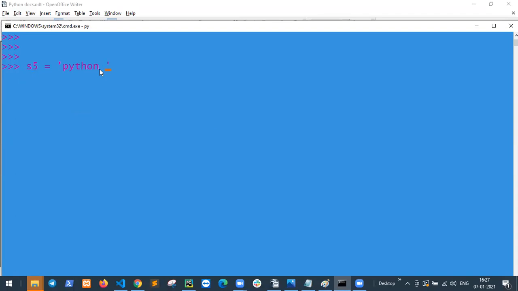Python is a very simple language. Print, this is the len function. So print len of s5. This is 30 characters in this string.